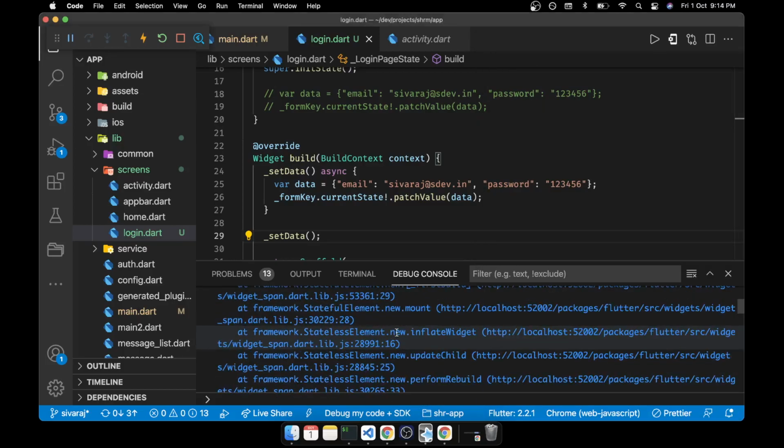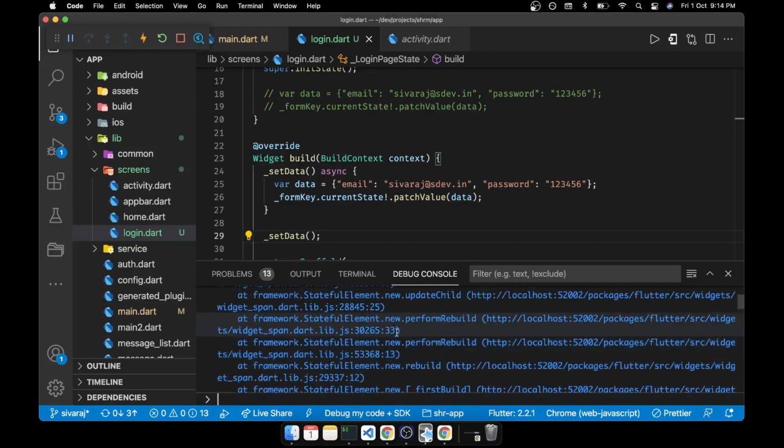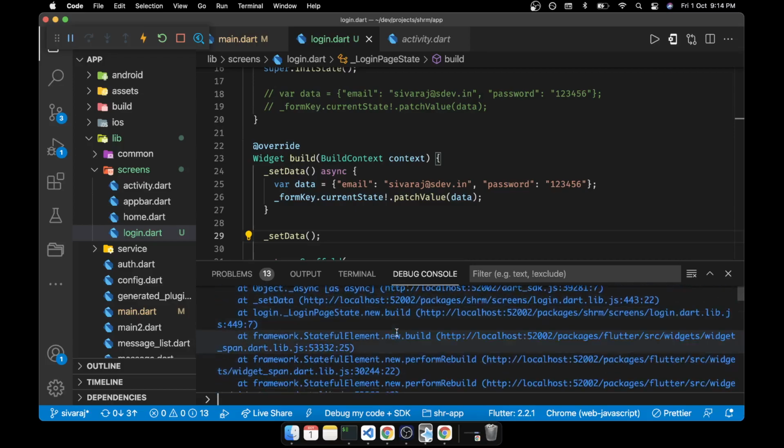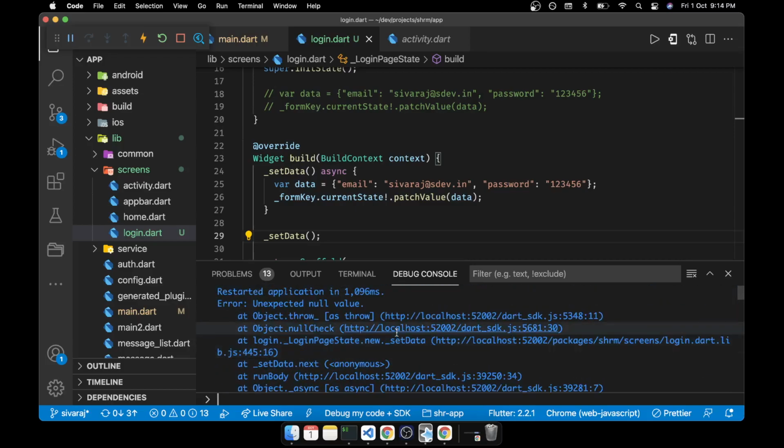Okay, some other problem came now. What is it? Unexpected null value thrown.